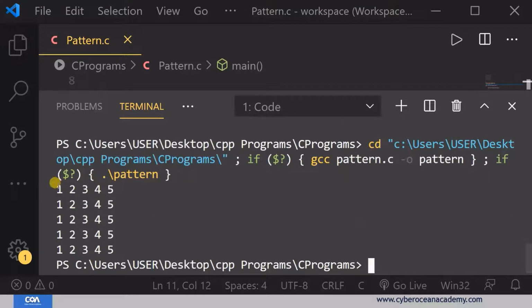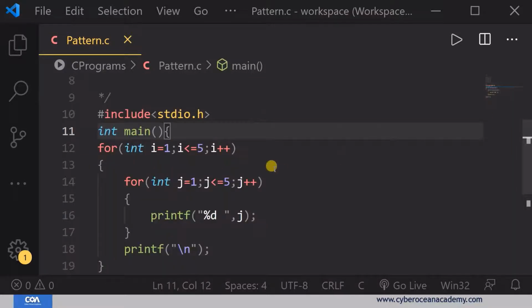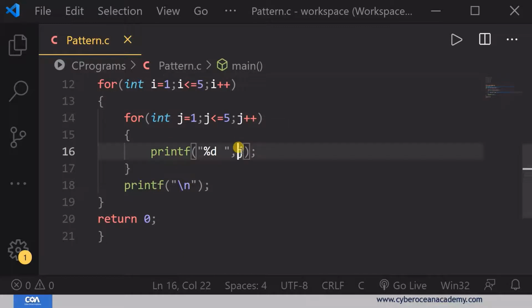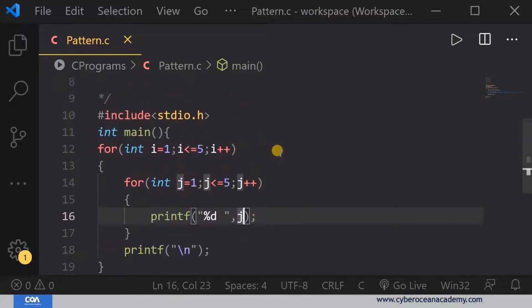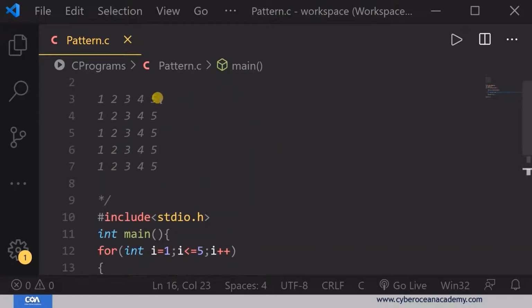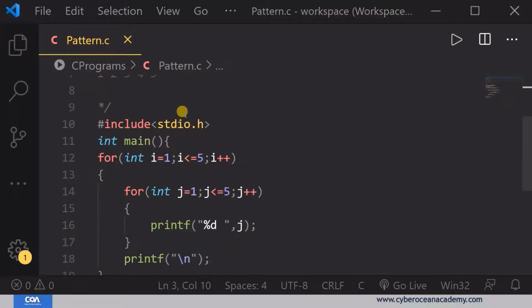So here you can see that the value is 1 2 3 4 5 1 2 3 4 5. Okay, this is your pattern. Also you can see that if you print here i + j - 1, then you will get a different kind of values with pattern. That pattern is basically a rectangular pattern because this condition will actually control the shape of the pattern.